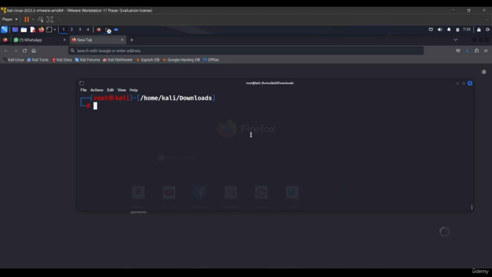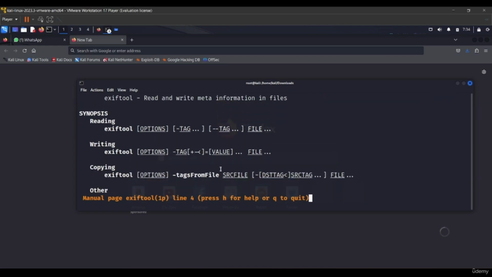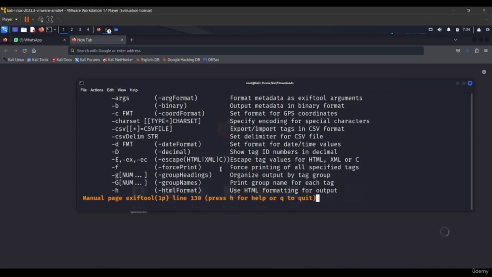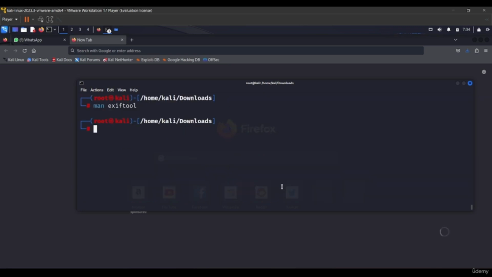To access the ExifTool manual, you can use the following command: man exiftool. It's gonna open the manual page of this ExifTool that you can see. ExifTool, read and write metadata information in files. Alright, so you can read the entire description of this ExifTool, and if you want to quit from here, you can use the q key. Alright. Next thing we want to do is, alright,